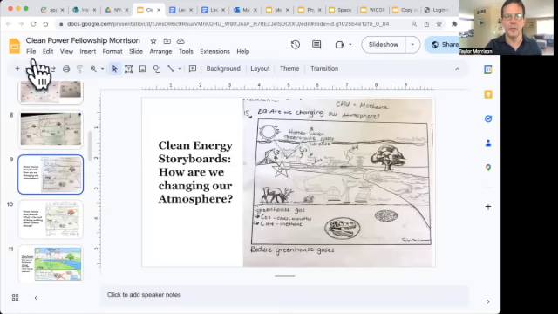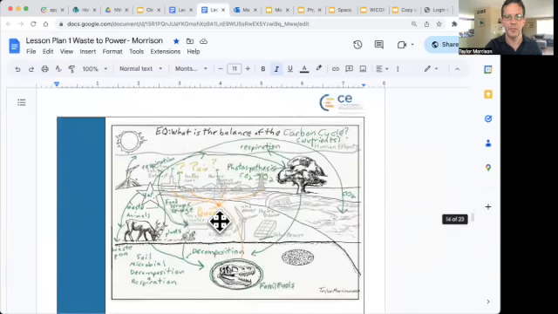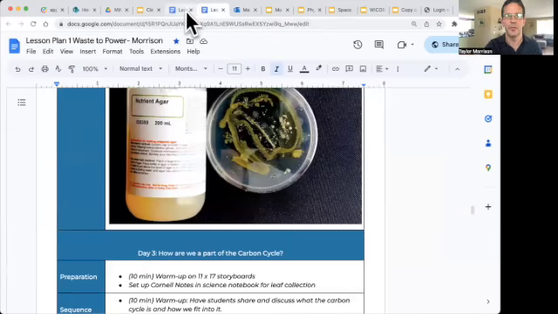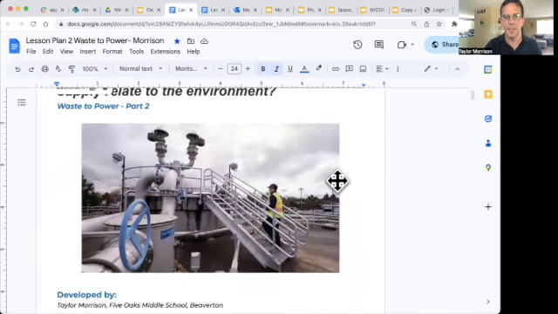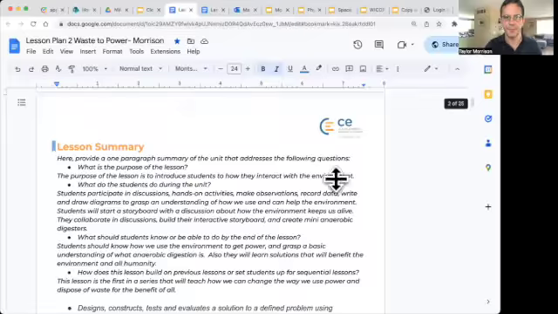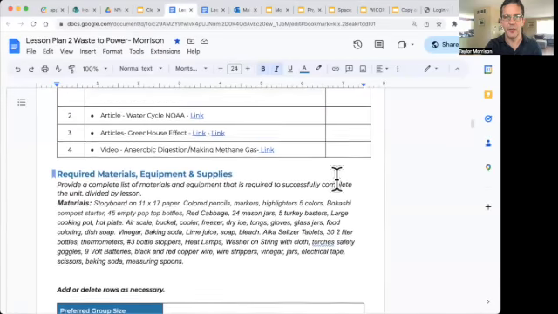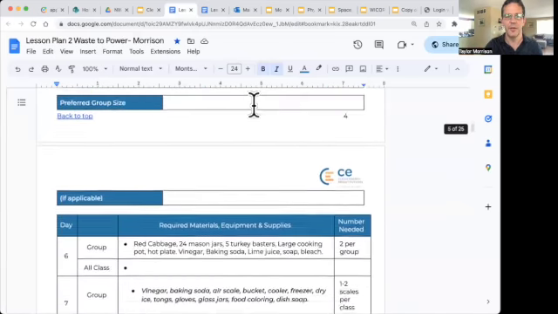So if we go back to lesson 2 here, this is the end of lesson 1. And lesson 2 is here. Lesson 2, the essential question: how does our waste and power supply relate to the environment? So here's the storyboard again, the link. Here are articles about the water cycle, the greenhouse effect, anaerobic digestion,